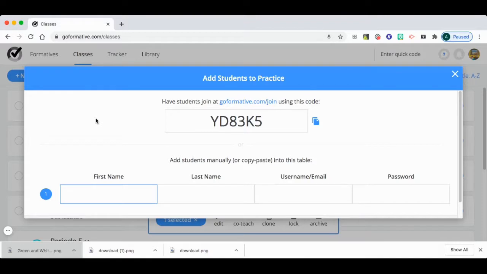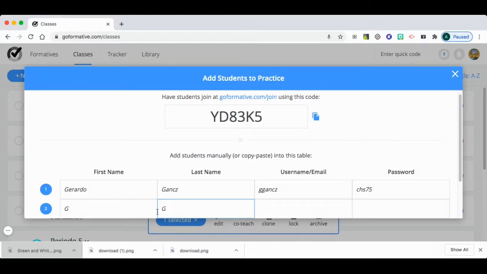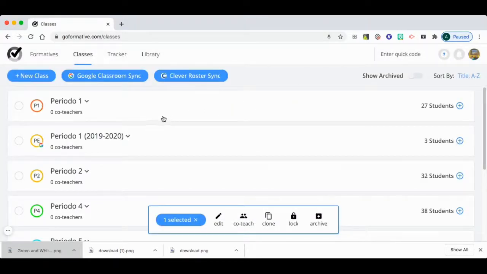You can also manually input your students if you want, but this will take a little longer than the other methods. But again, you can do that because you will give them a unique username and a unique password, and then you will keep going down and do that. So once again, you can also manually import, but the third way that you can create your